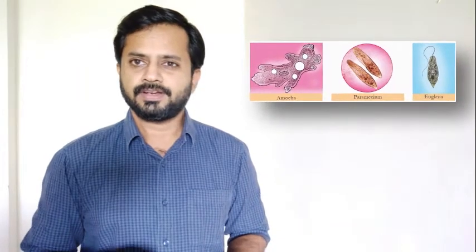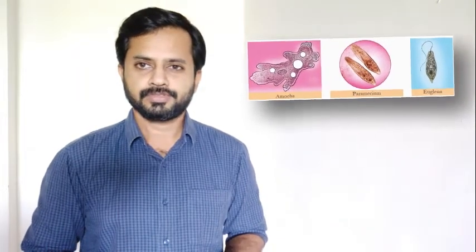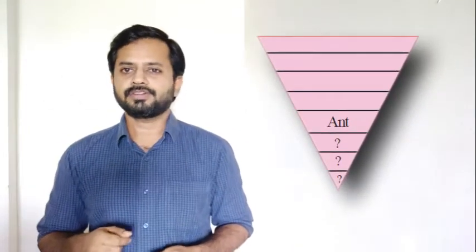What are cells? As we discussed in our last class, there are organisms which are smaller than ants, which are very small, which we can't see with our naked eye. Those types of organisms are known as microorganisms. We can see them through a microscope only. Examples are paramecium, euglena, amoeba, different bacteria, and viruses. There are many microorganisms, and we have seen the size comparison for these organisms also.